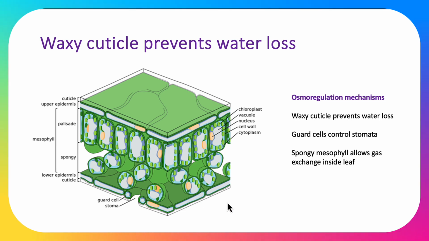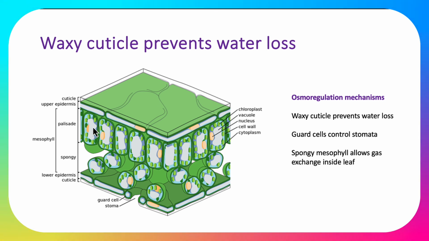Of course, the leaf is the functional unit in which photosynthesis occurs. And you can see these little green circles here. Well, these are the chloroplasts. And so the area in which photosynthesis primarily occurs is in this palisade layer here, where you've got these vertical cells that are stacked next to each other, increasing the surface area for being able to capture the light.